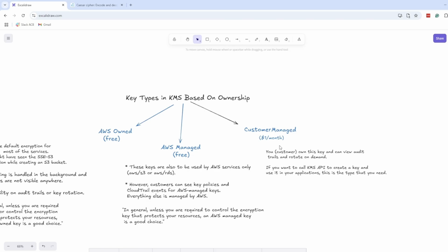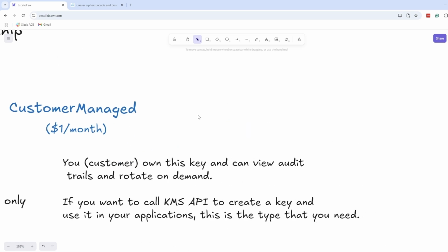Now, third and last category is customer managed key. And customer have full control on audit, rotation, and access control of these keys. Charge for these keys are $1 per month. And if you want to call KMS API from your application for encryption or decryption, then this is the type